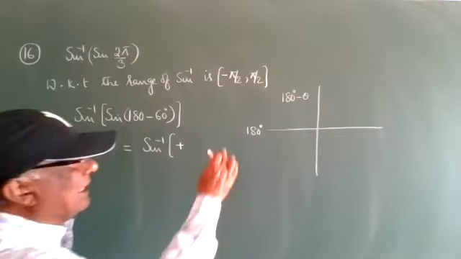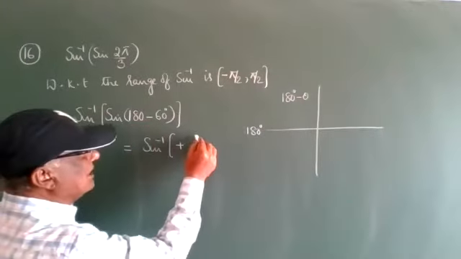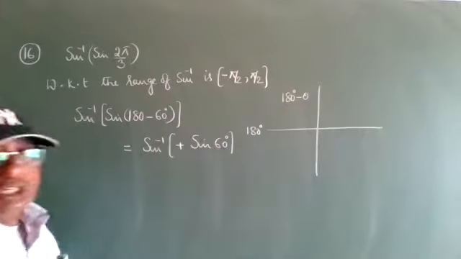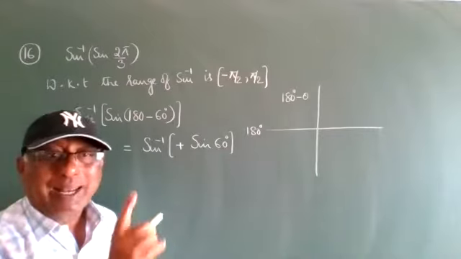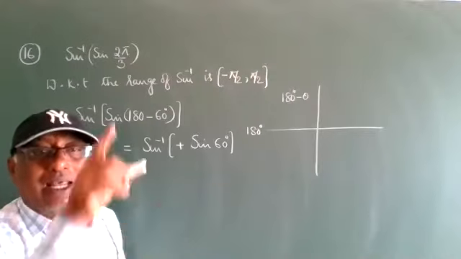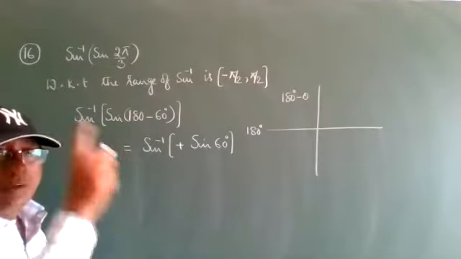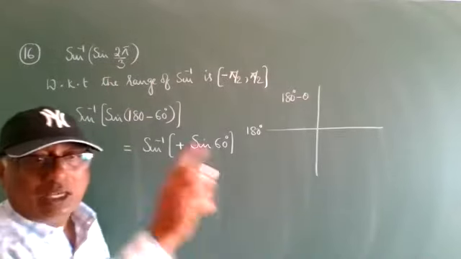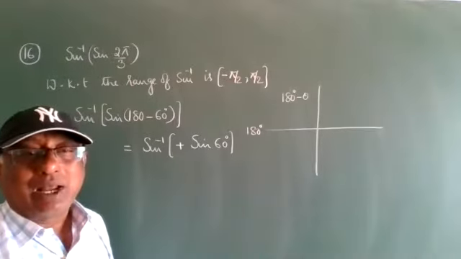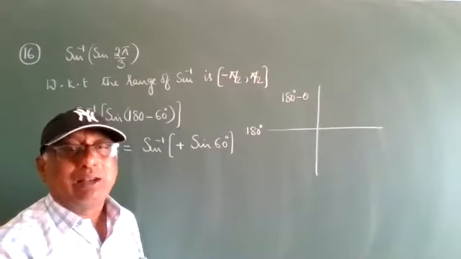Next, 180 is the horizontal angle. No change in sine, same sine. The remaining angle is 60 degrees. Now 60 degrees belongs to the range of minus 90 to 90. Therefore, the bijective function inverse is defined. 120 degrees is not a bijective function, the value is repeated; two elements have the same image, therefore it is not one-one. It is not one-one means it is not bijective. It is not bijective means it is not an inverse function.